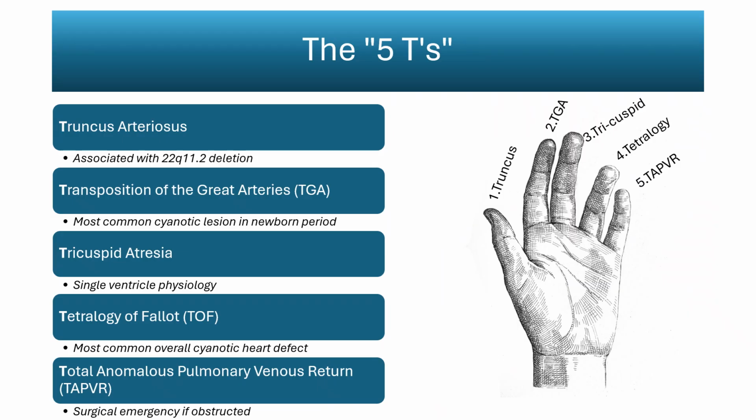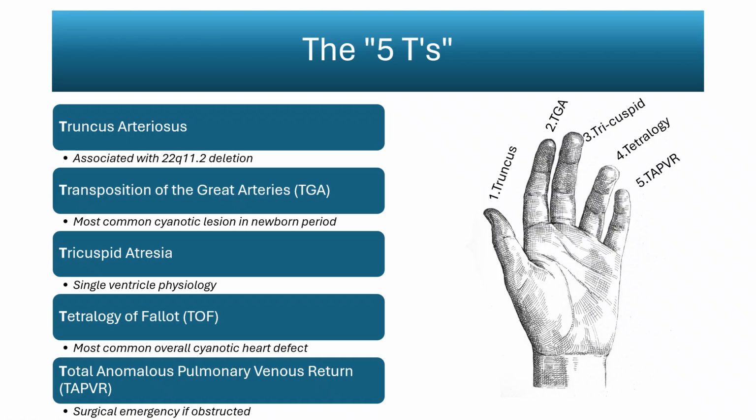The classic cyanotic lesions are remembered as the 5 T's. Truncus arteriosus is the first, a single trunk leaving the heart that supplies systemic, pulmonary, and coronary circulations, almost always with a ventricular septal defect. Second is transposition of the great arteries, where the aorta and pulmonary artery switch connections, creating parallel rather than serial circulations. Third is tricuspid atresia, a defect where the tricuspid valve is absent, producing single ventricle physiology dependent on interatrial